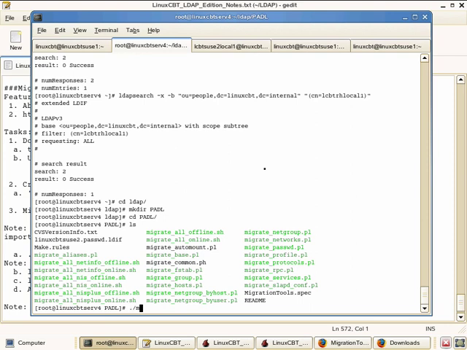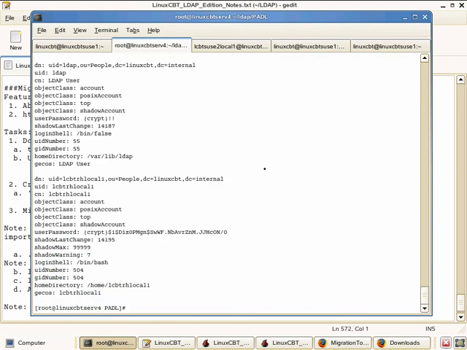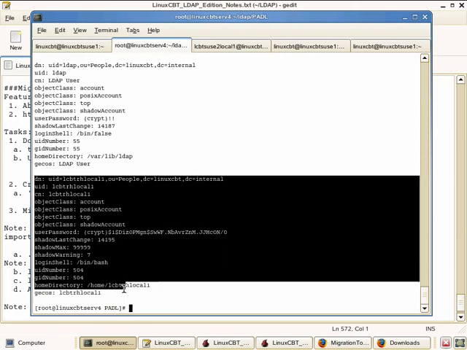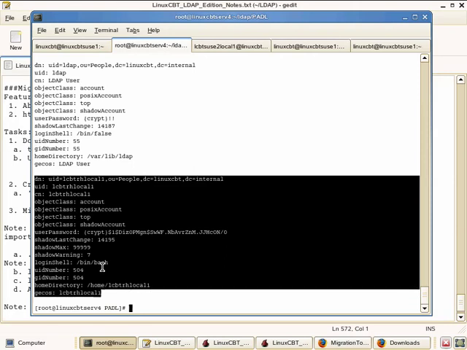Now if we execute migrate password for etc password, this reads through our etc password, but we're interested only in this object. So let's copy the object, and using standard LDAP add with standard in, we'll import it. We can do it from either host. Let's do it from this host. We'll LDAP add